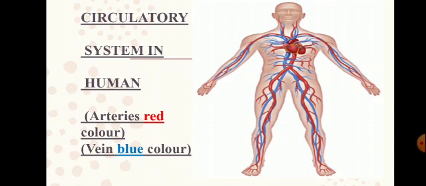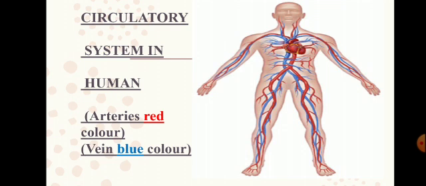These tube-like blood vessels are situated just under the skin and can easily be seen as greenish blue tubes or lines below the skin. You can see them easily in your skin as greenish blue tubes. They are called veins. These carry deoxygenated blood from the body parts to the heart.